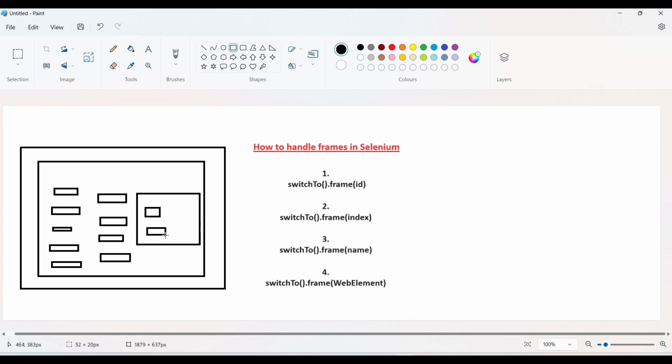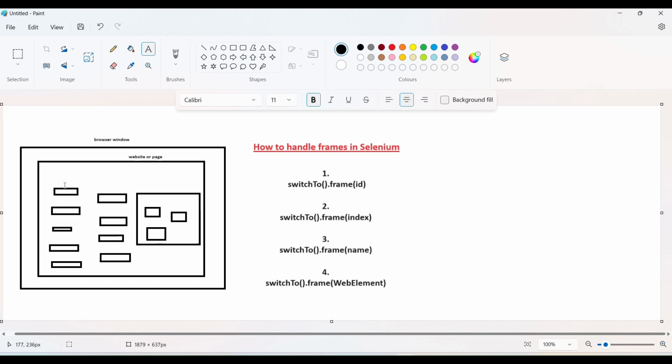So guys, if you check this, this is the browser window. After that, second is your website or page. So you can consider this a website or page.